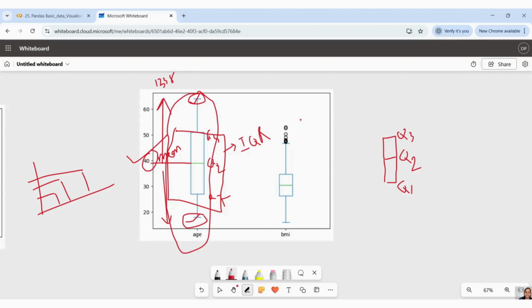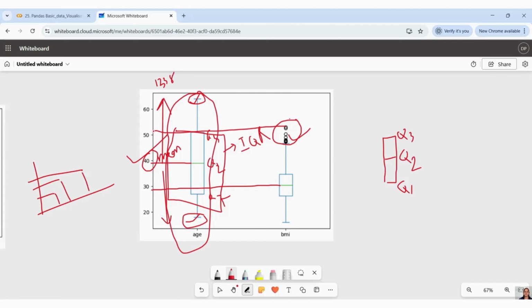How to detect outliers? So if you see this side, these are kind of outliers. Why? Because my mean line for BMI is coming mostly somewhere around 27 to 30. However, I have BMI values which are present till 55.